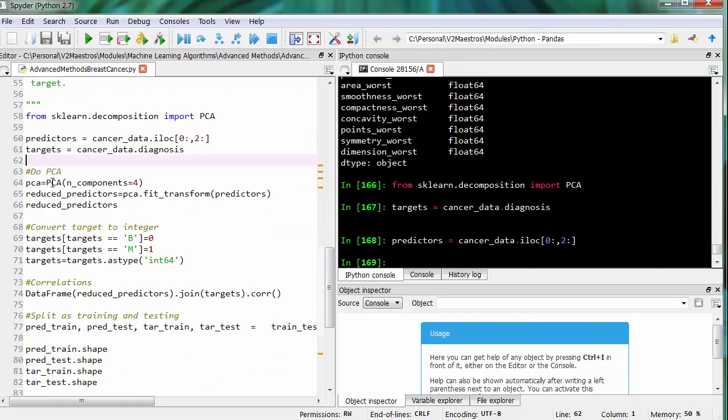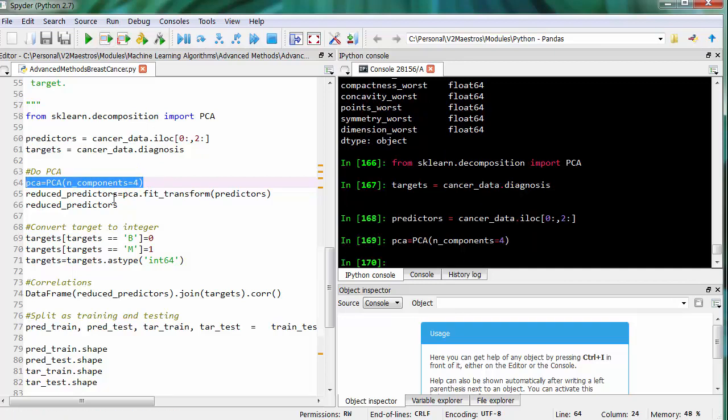So once we pick these predictors and targets, we're going to be doing PCA. For PCA, you're going to be initializing PCA, and upfront you're going to be saying, give me the top 4 PCA components. So it's going to give me back 4 variables which have the highest possible correlation with the actual target data. You initialize this, and then you do the PCA fit_transform on the original predictors.